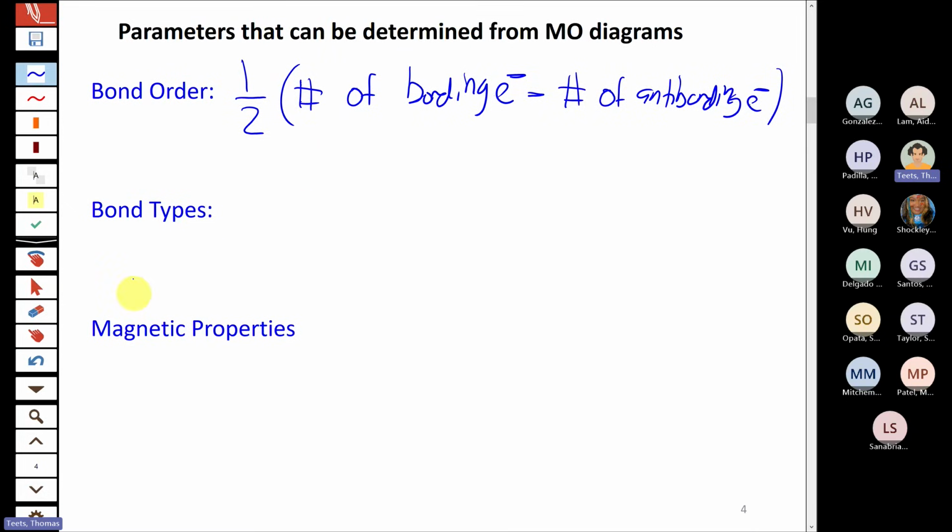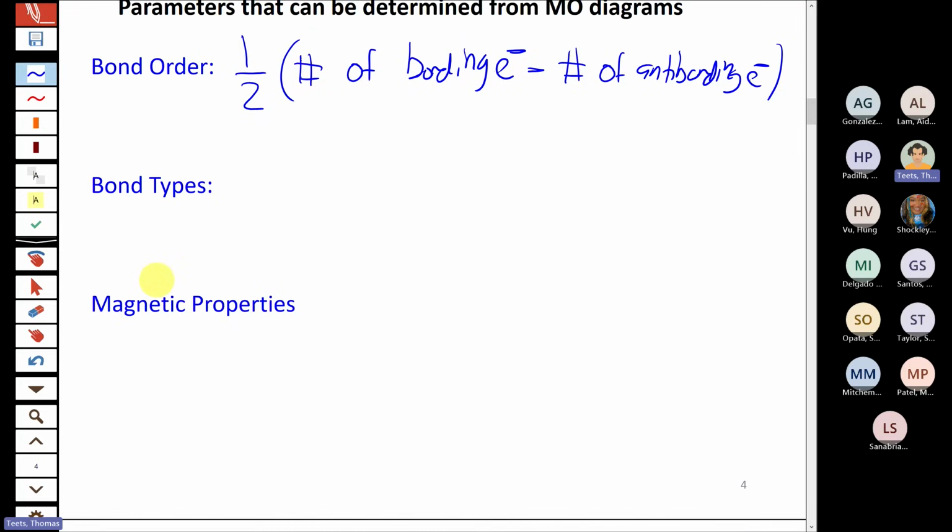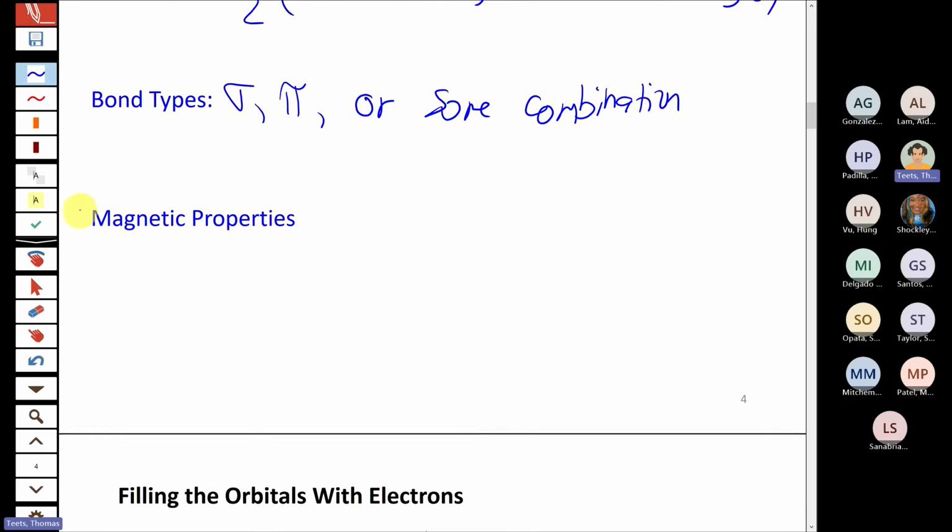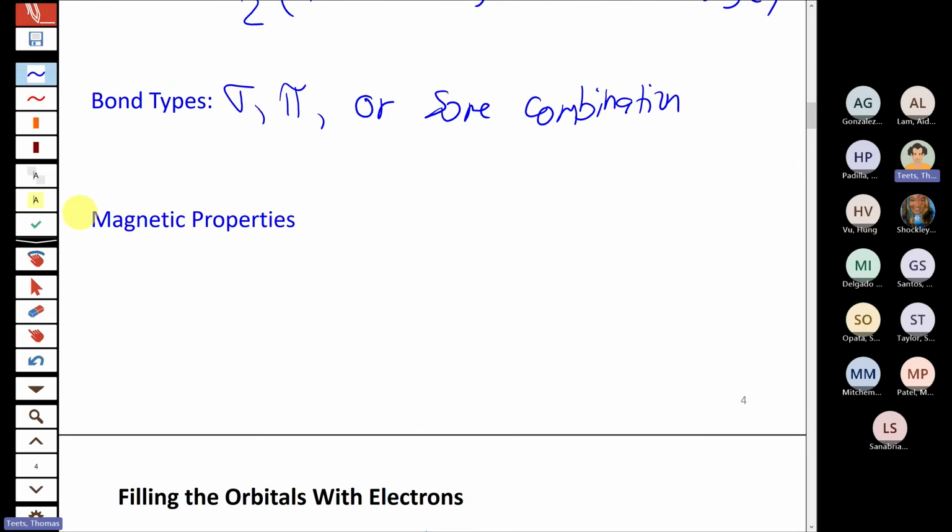The other things that you can tell from a molecular orbital diagram are the bond types, so whether it's a sigma bond, a pi bond, or some combination. We learned from valence bond theory how to make that prediction, but sometimes those predictions are wrong, and the molecular orbital diagram gives us a different and often correct outcome. And then the other thing that we can determine from molecular orbital diagrams, which we introduced last time, is sort of the whole motivation for even needing a new bonding theory: correct prediction and rationalization of the magnetic properties. So just as a quick review of that, there are really only two possibilities that you have to worry about.